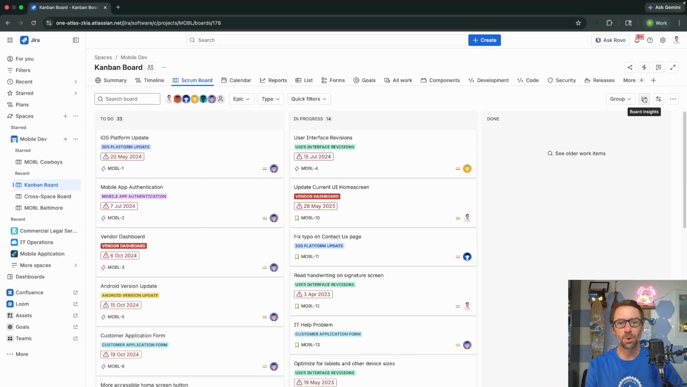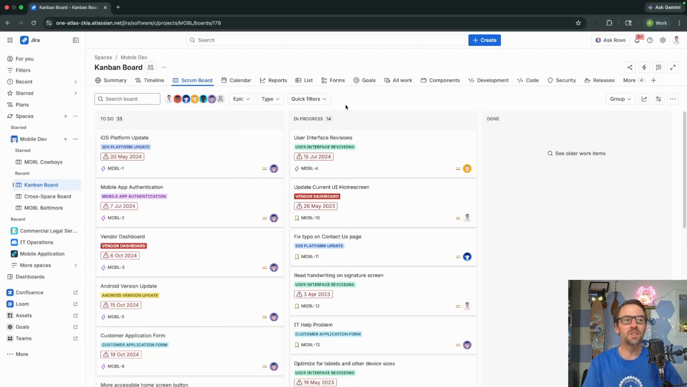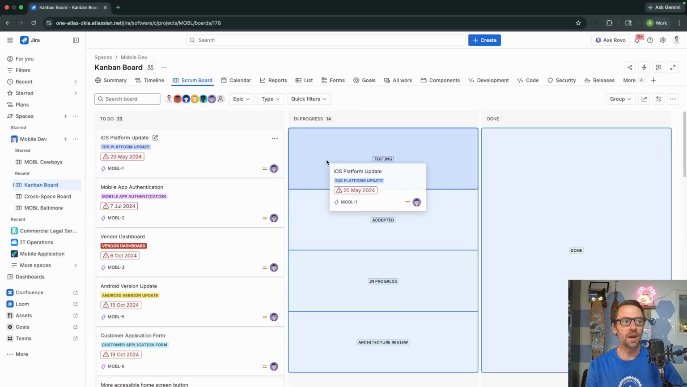Also, if I open up my board insights, I will get metrics, but none of these metrics will relate to sprints. So that's another very easy way to tell them apart. Now, both kinds of boards will have these columns. These columns are configured by a board administrator. We'll talk more about this in our next session, but allow the team to click and drag work items between